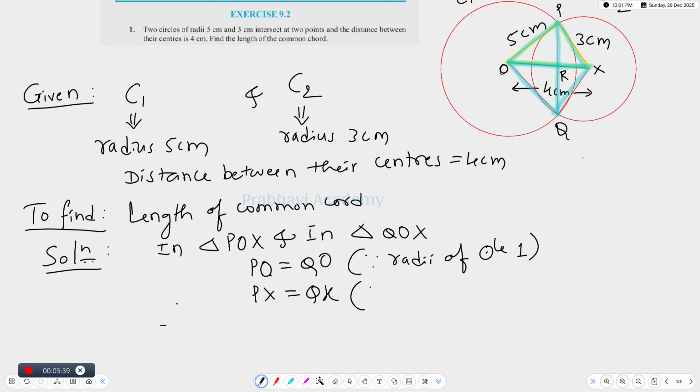Here also they are the radii of same circle, radii of circle 2, and you can also see OX is equal to XO, the common side